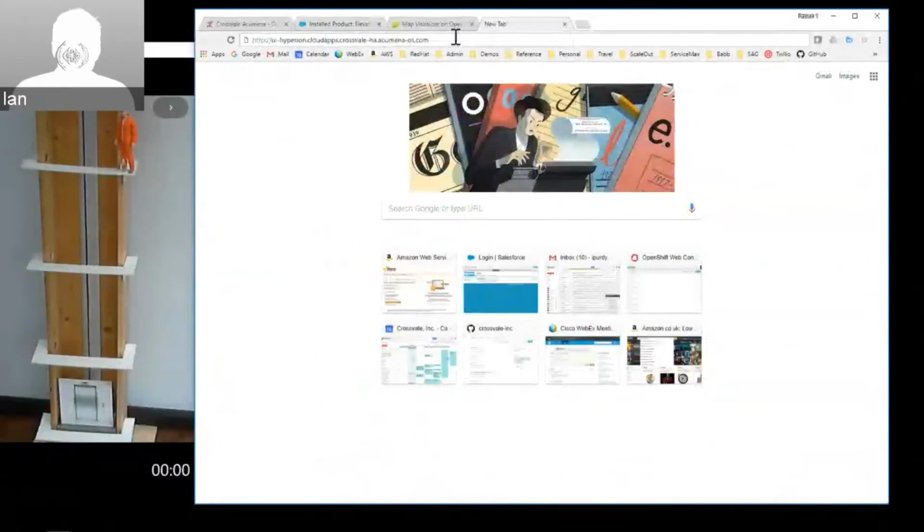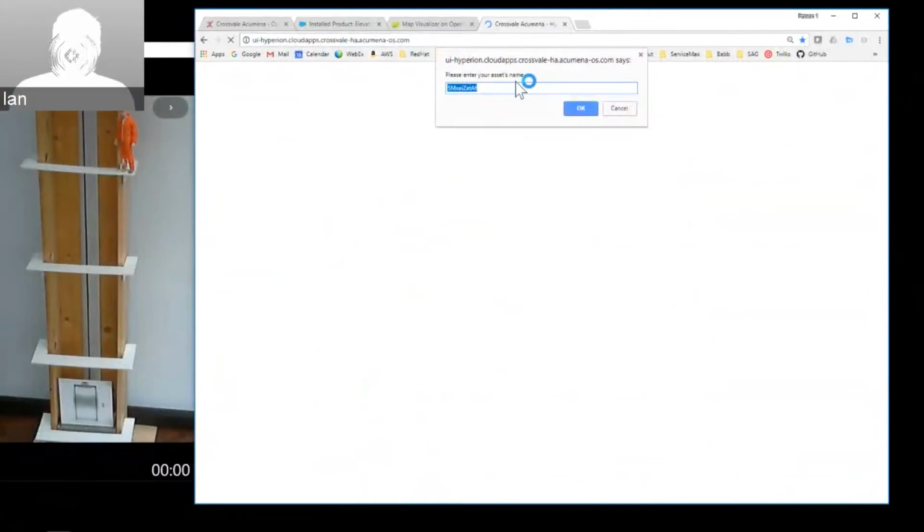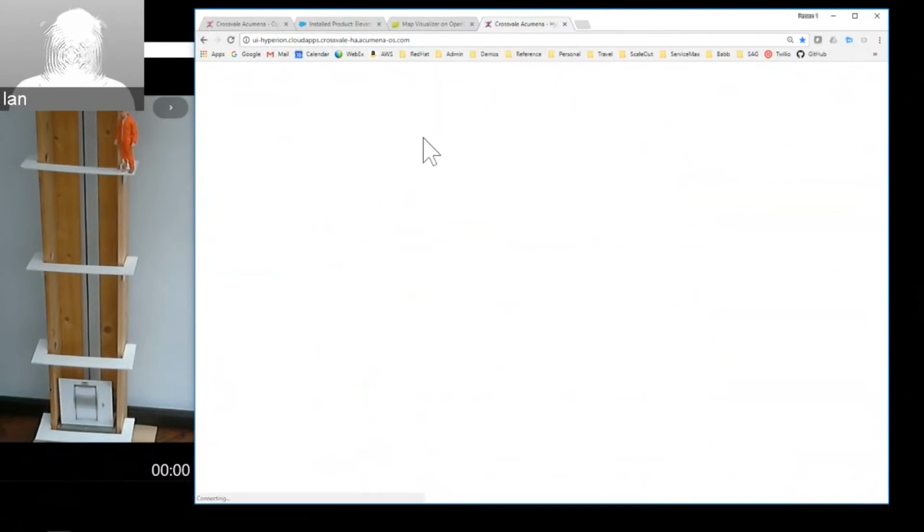So whenever I put in this URL, it's going to prompt me for the asset name. Now, so that you can spot your own asset on the map, you might want to change this, for example, to be your email address. It will actually change it to not have special characters, but we can put them in for now. So if I do iPurdy@crossfield.com and hit OK,